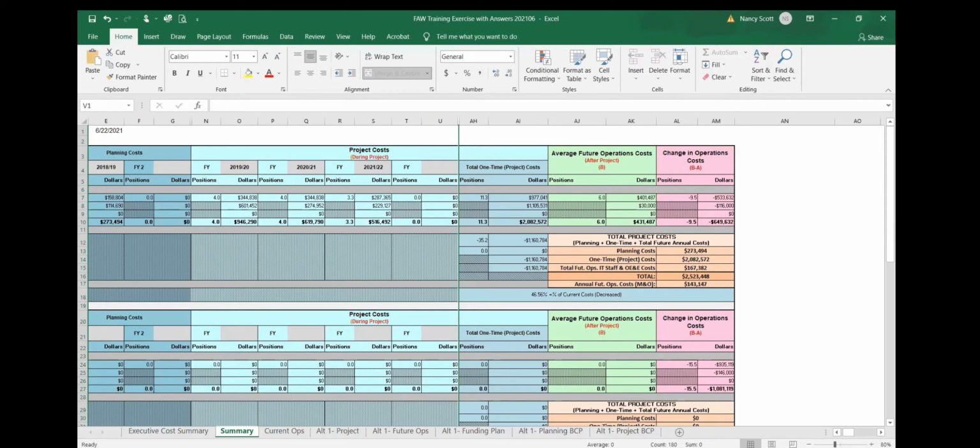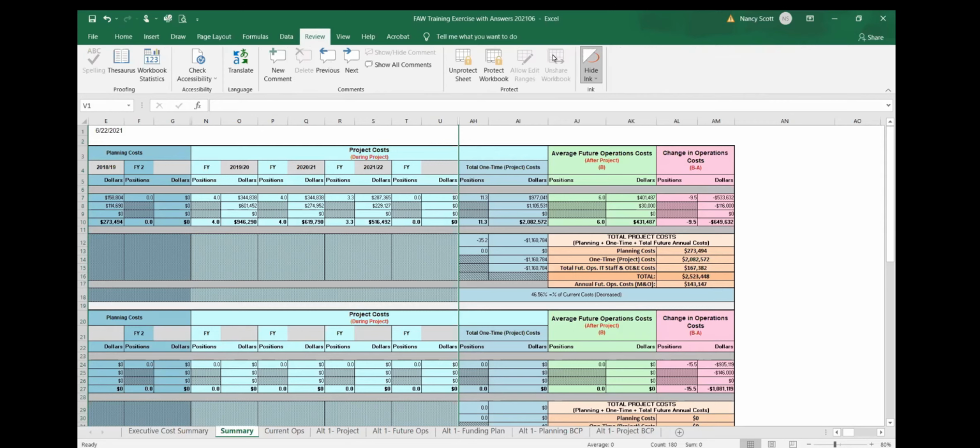There are so many formulas in the FAWs that if you delete a column or a row, it will jeopardize the integrity of the entire FAWs, because the formula is possibly looking for that cell. And if you did that, it would cause an error.